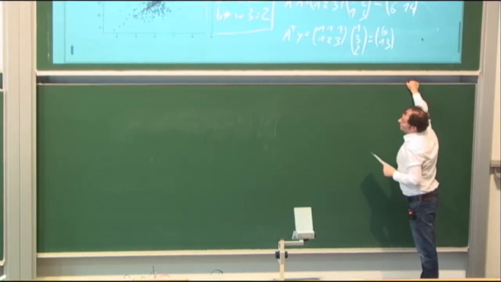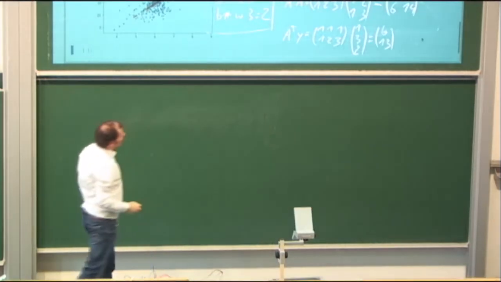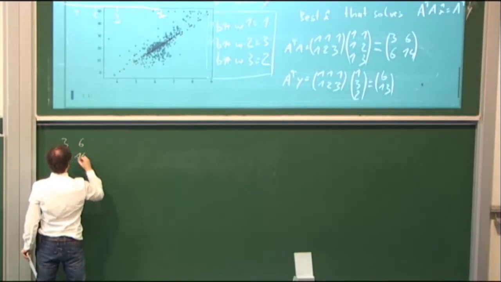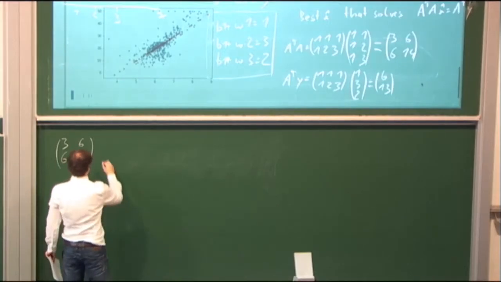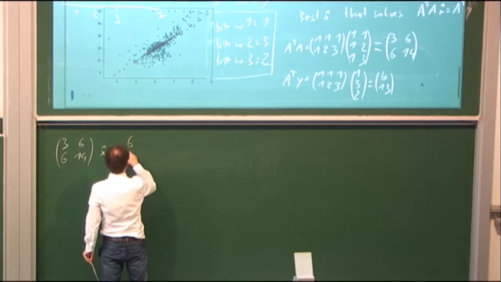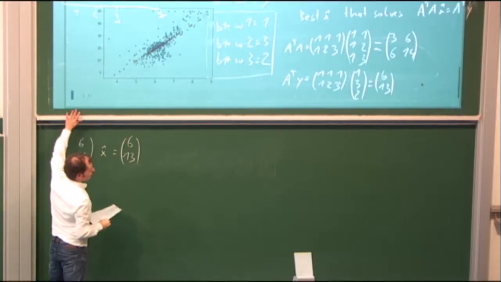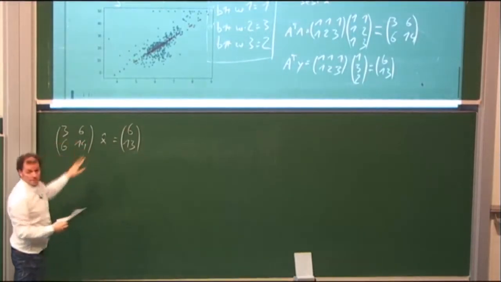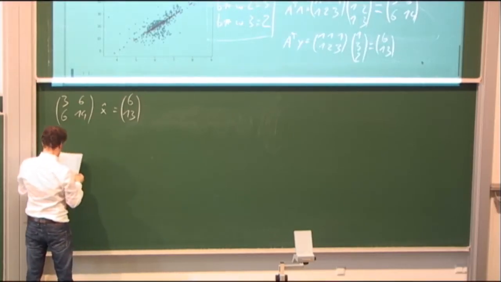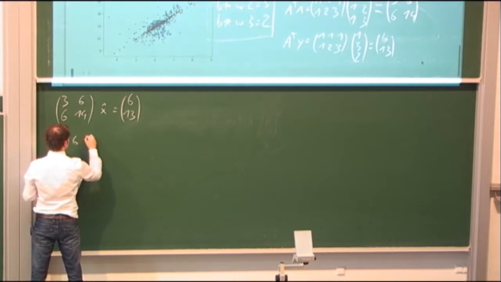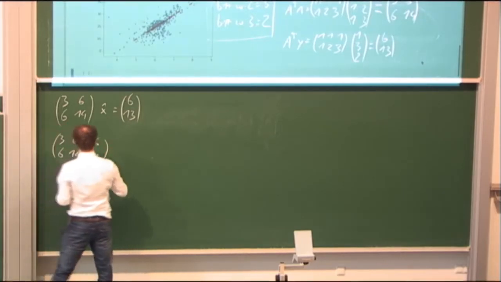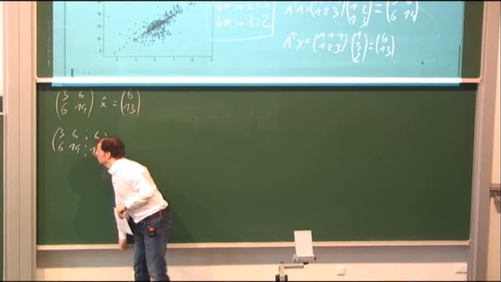So now we have this new system of equations. A transpose A is 3, 6, 6, 14. X hat is 6, 13. And now we can solve this using the Gauss algorithm. So we write up the augmented matrix, 3, 6, 6, 6, 14, 13. Now we subtract 2 times the first